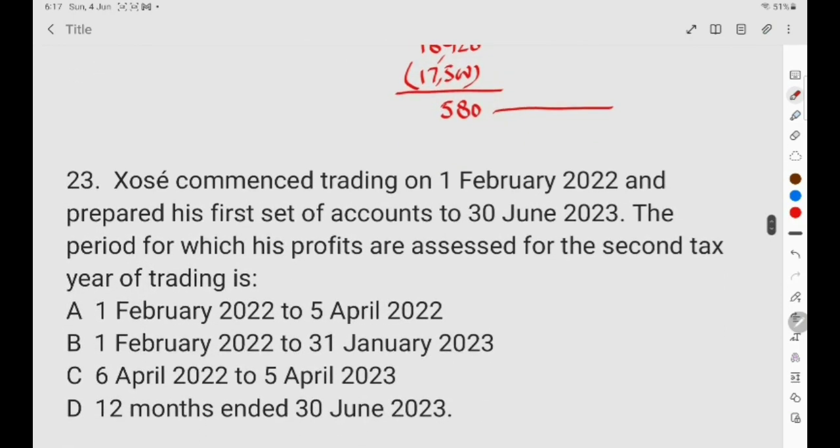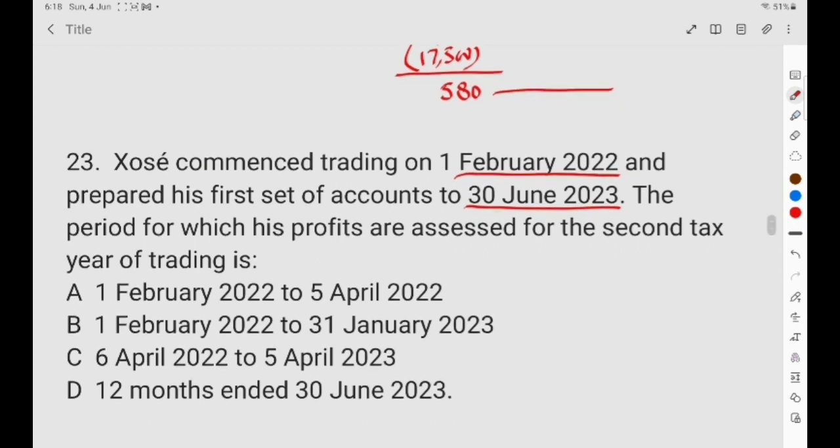Next is Mcq who commenced trading on 1st February 2022 and prepared his first set of account to 30th June 23. The period for which his profit are assessed for the second tax year trading is. So here we need to consider the first period of account. So this is a period of account of 16 months or 17 months from February 22 to